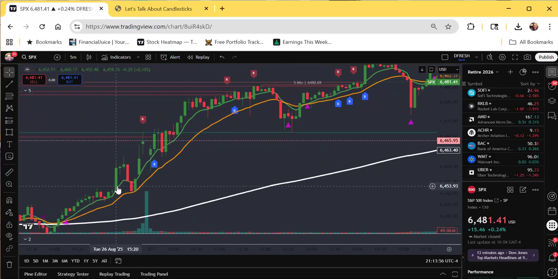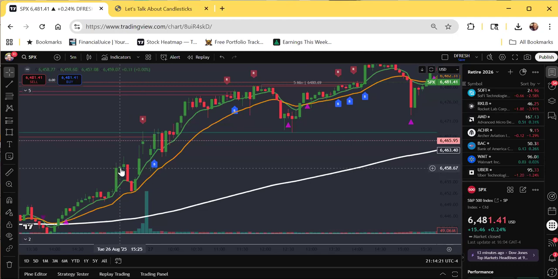Although you're above your AEMA, this looks like a good trade. I would not enter this trade because I'm seeing exhaustion. You see all these sellers that are here and they're pushing the price down. The wicks up top are telling me that right here, although this is a strong bullish candle, and then the next candle does go up some,